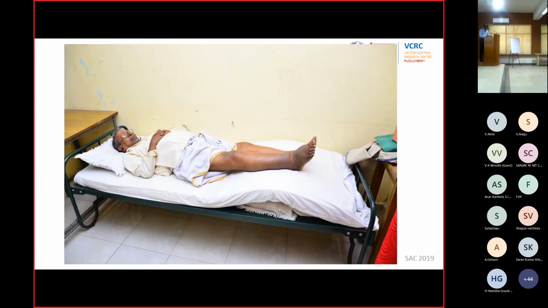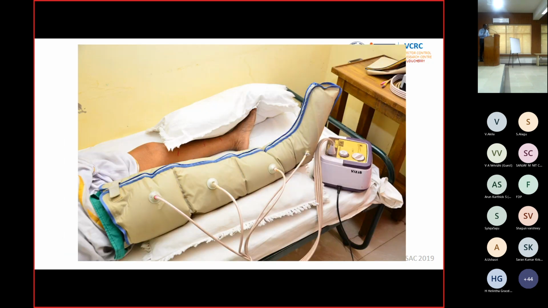Next slide. We also ask the patient to elevate the limb when the patient sleeps, so that there is no continued stasis. The fluid that is getting collected slowly goes back to the system, so that the swelling comes down. Next slide. We also provide